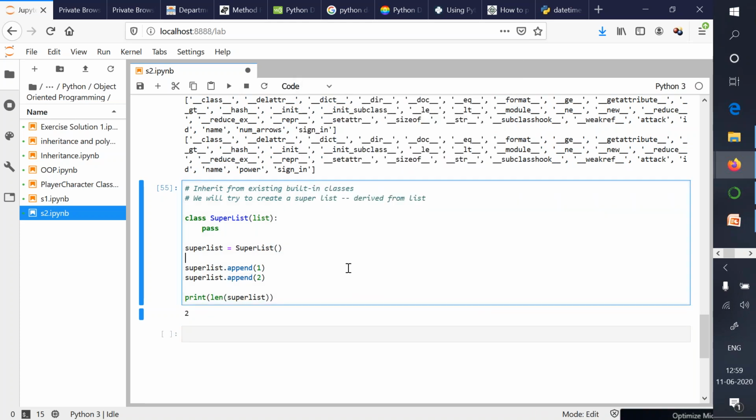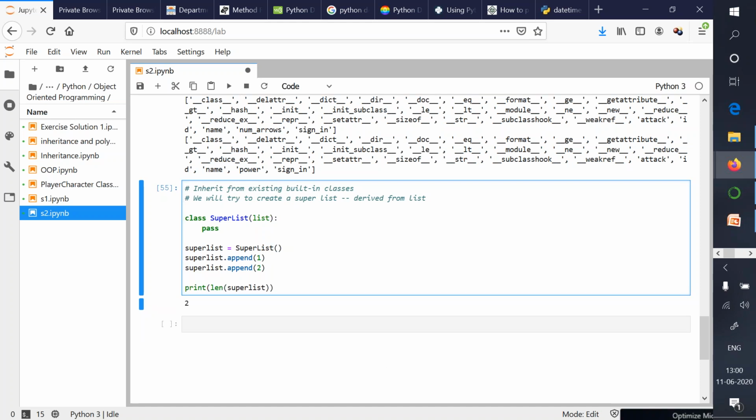So this very simple example demonstrated how you can build your own more powerful classes from existing classes. Here I use the word super list, though I have not specified any super functionality, I have just demonstrated the way. But you can specify your own super specialities in this class like this. You can make your classes derived from the existing classes.